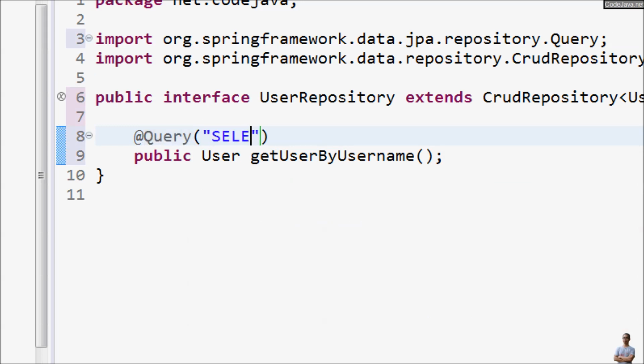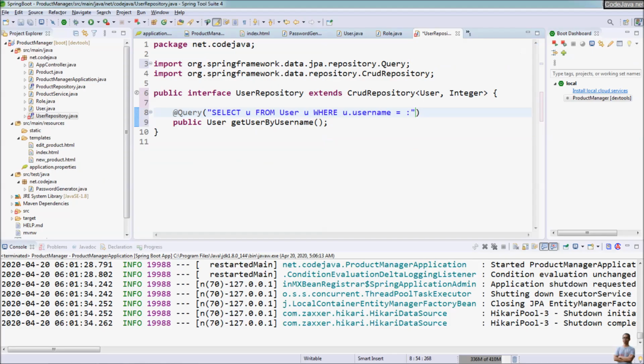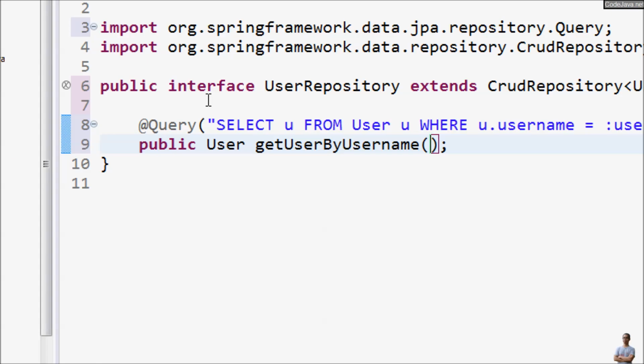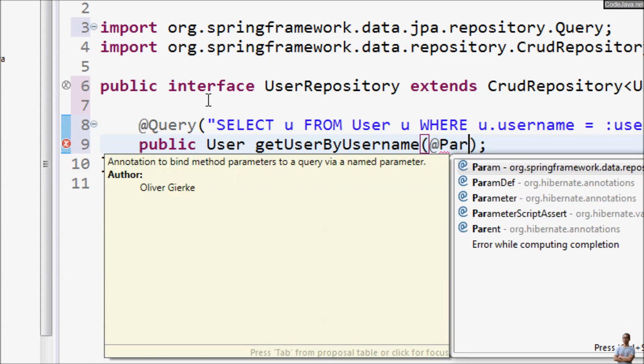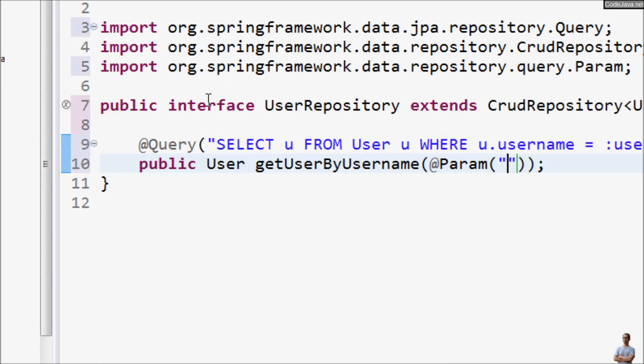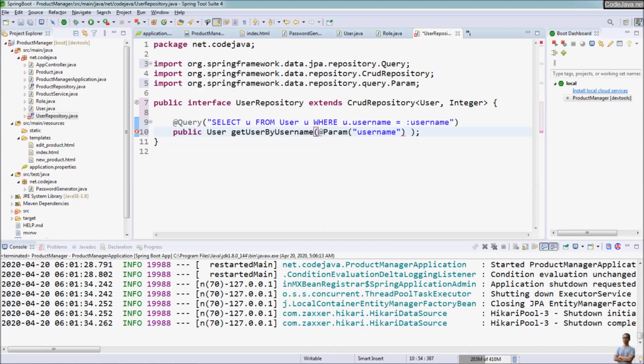The query is: select u from User u where u.username equals parameter username, and in this method we specify the @Param annotation, username, and its